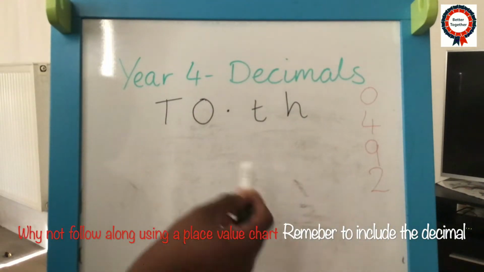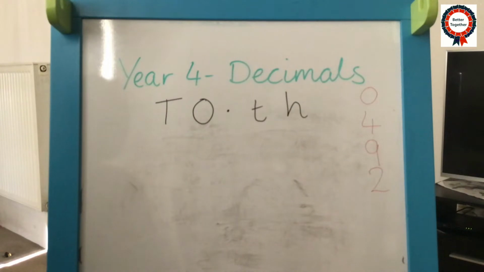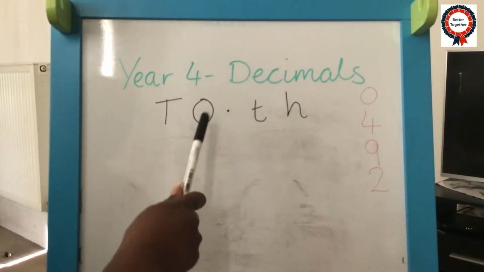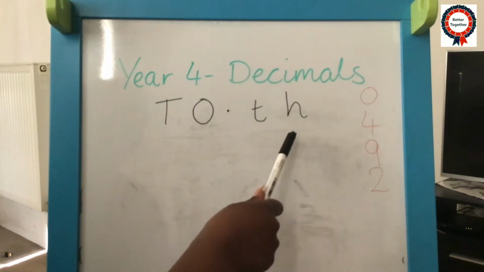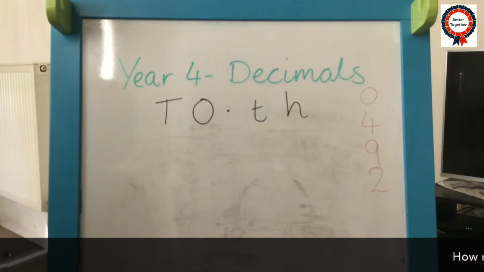We're going to use our place value chart today and these digits to make some numbers, some decimal numbers. So this represents the tens column, that's right. Ones, decimal point, tenths and hundredths. We've got 4 digits. And I want you, in a moment, to pause the video and see how many different numbers you can make using those 4 digits by placing them in the place value chart. So if you pause the video now,